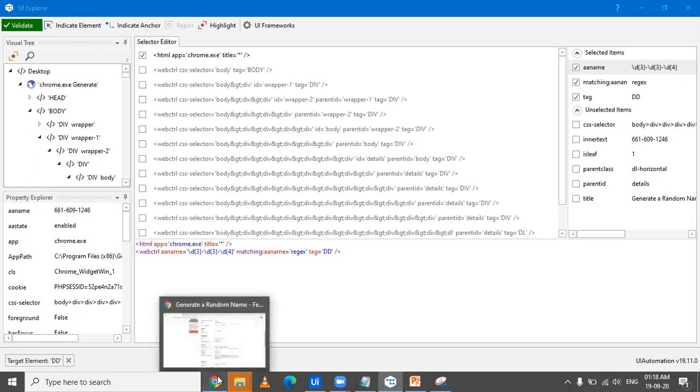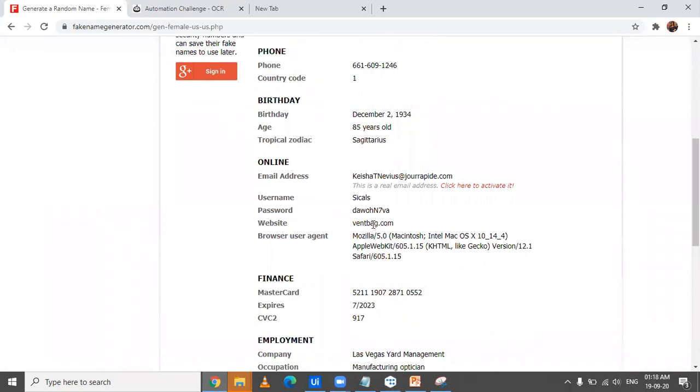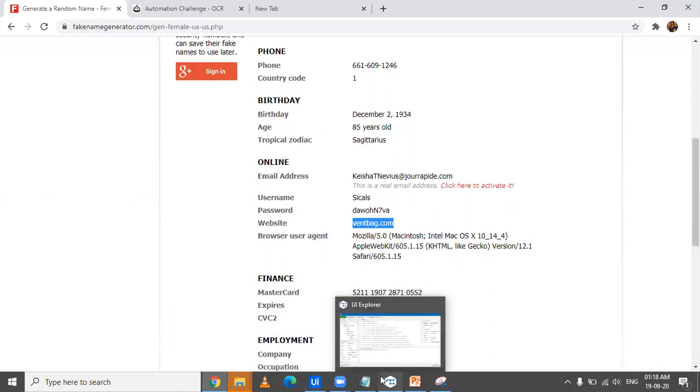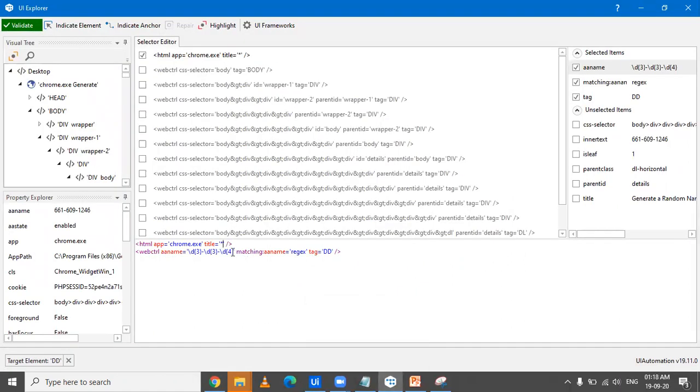Now, let's see. Now, suppose I want to extract this website also. So what you notice here is there is some name, there is a dot, and then there is a domain name. So it could be com, it could be in, it could be anything. So you'll have to first analyze what all possibilities are there, and then definitely we can write a regular expression for this as well. So for writing the regular expression for that particular thing, we can have anything from capital A to capital Z, or anything from small a to small z, and then we're going to have a dot, and post dot we're going to have the domain.